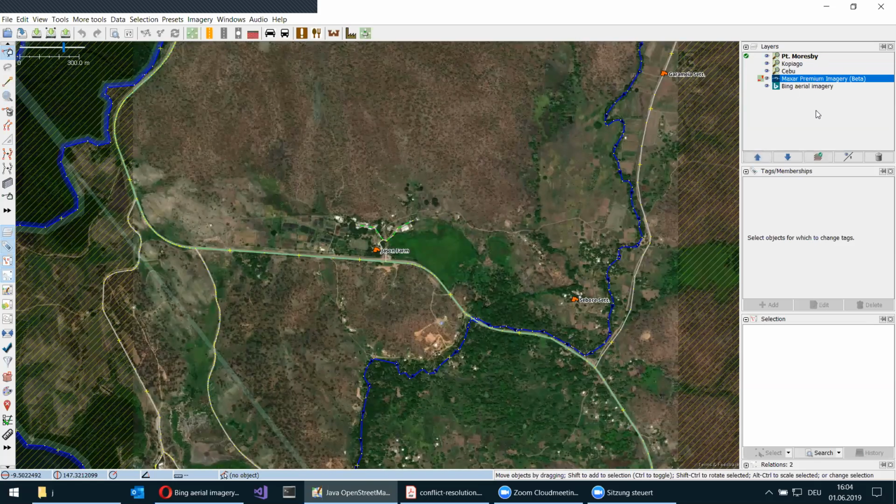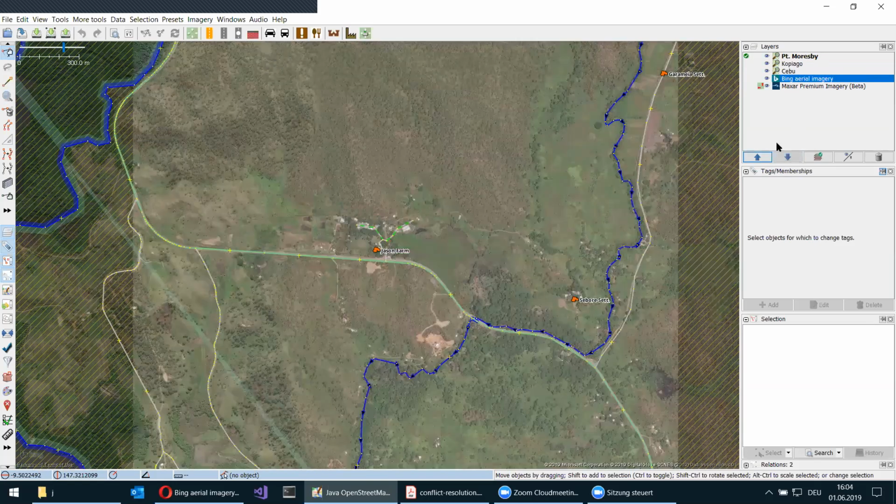You can alter the sequence using these arrow keys here. So for instance, if I move the Bing imagery here on top of the Maxar layer, then it becomes visible. There are a few reasons why you might want to play around with that. So in the second part of this introduction here, I will be talking about alignment issues,